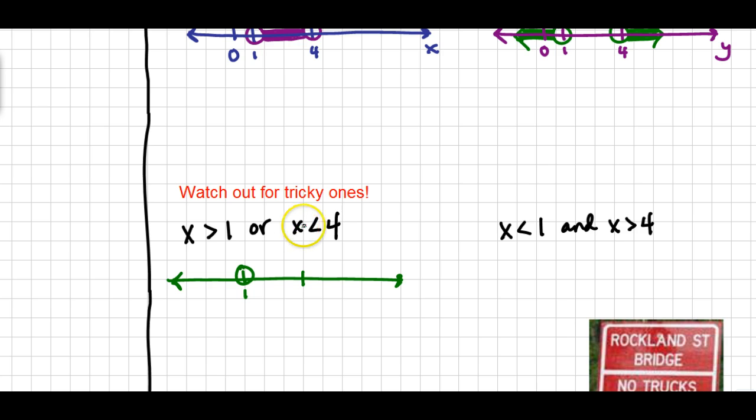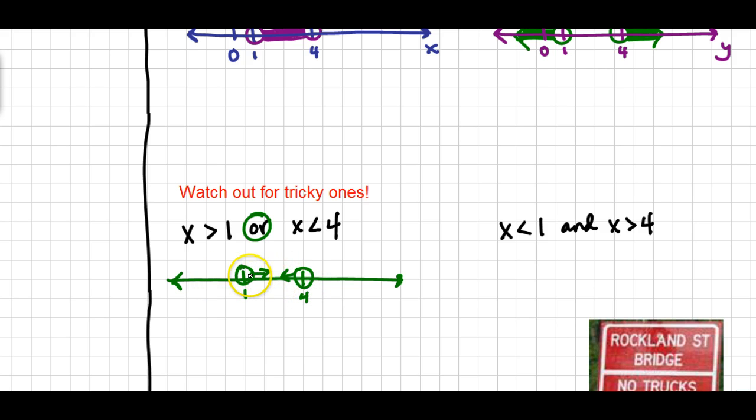If I have this inequality, I'd have my open circle at the 4, and I'd want to include numbers that are smaller than that. Since this is an OR, I don't need numbers that satisfy both at the same time, I just need one or the other. Everything greater than 1 is going to point this direction. Everything less than 4 is going to point that direction. When this one points to the right, it's going to overlap or go over the top of the 4 that I'm not including. When I do this inequality, it's going to start from that number and go to the left,